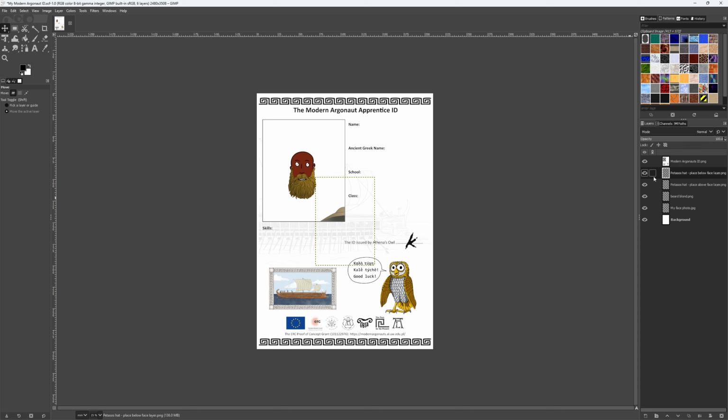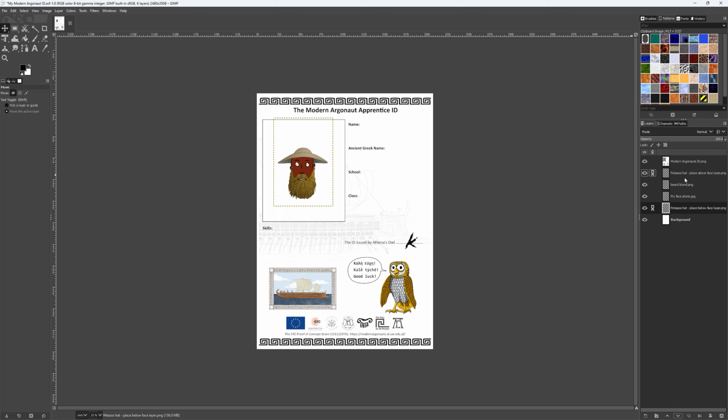First of all, we're going to click on the link box here for the first bit of hat and then the second bit of hat, so that when we move them, they stay together. Now we'll move the hat into position on the head. We need to move the Place Below Face layer below the face. So in the Layers panel, we go down to the arrows and we'll move the layer down until it's in the correct position. This is why we removed the background earlier, so that the hat layer in the background works nicely.